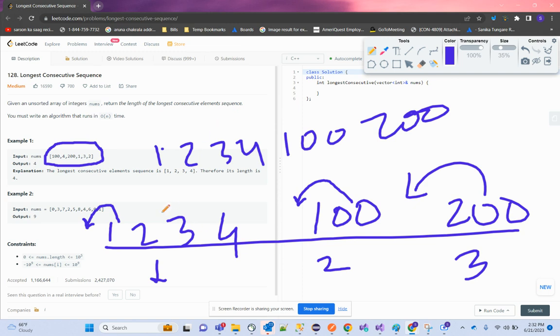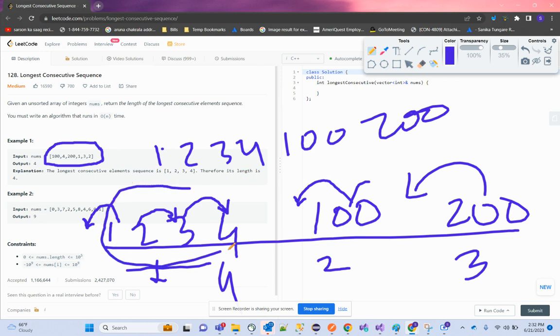And then you have to check, is there any number ahead of one? Yes, it is there. Length is increasing. Is there any number ahead of 2? Yes, it is there. Length is increasing. Is there any number ahead of 3? Yes, it is there, 4. It's increasing. So the length of this sequence becomes 4. And is there any number ahead of 100? No. 200? No. So that's the reason the longest sequence is 1, 2, 3, 4, and we can give the